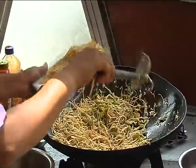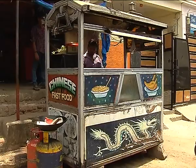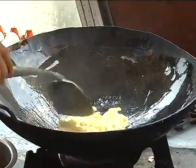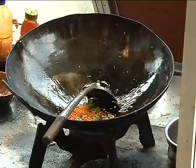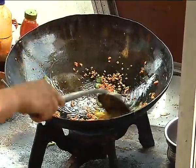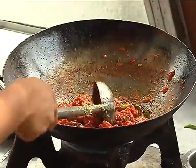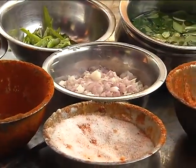Fast foods are definitely among the most preferred foods of the youth today. They are known for their unique taste and flavor. The street vended Chinese foods are also in great demand, on par with the similar foods prepared in hotels and restaurants. You, the fast food vendors, brought the tastiest recipes of China to the streets of India and made them